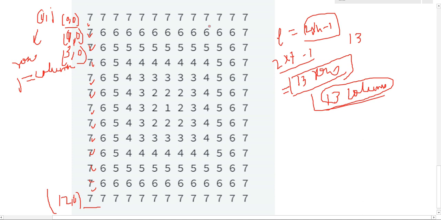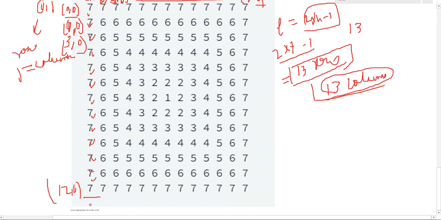From here, like this side it will be 0 1, 0 2, 0 3, up to 0 12. That means first row, 12th column. Understood? So likewise it goes. Now if you concentrate here at 6, where is 6 getting printed? Suppose for printing a pattern like this, 6, then 5. For 6 it will go up to here. This one will be the second column, it will print. Understood? Second column it will print.